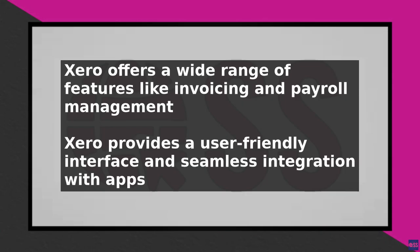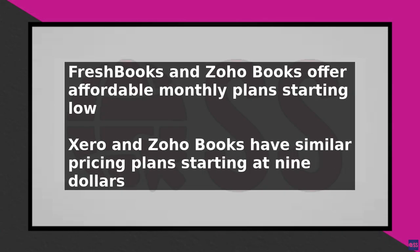In terms of pricing, FreshBooks offers a monthly plan starting at $6. Zoho Books starts at $9 per month, and Xero's plan begins at $9 per month. It's essential to evaluate the features and pricing plans of each alternative to determine which one provides the best value